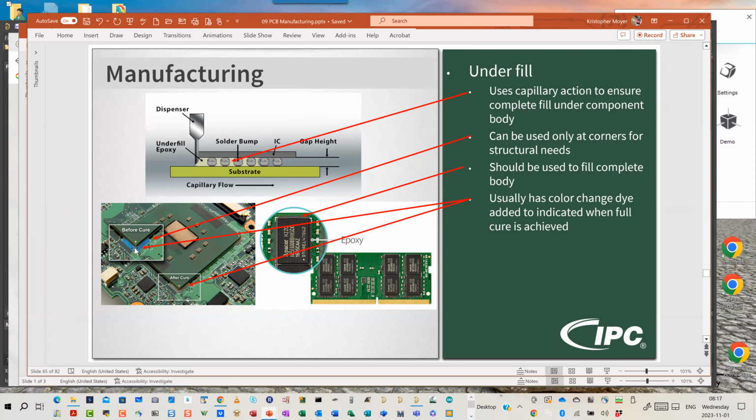So in this case, we're using it similar to a staking compound right here, allowing it to flow under, but only at the corner of the device right here. Or it can be used like we have on these, looks like memory chips right here, where we needed to fill completely underneath the part, and therefore we did a complete 360-degree perimeter and allowed it to completely fill under